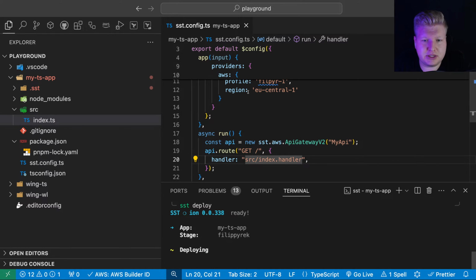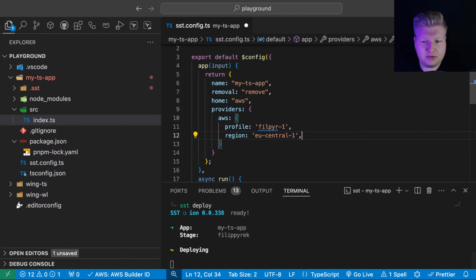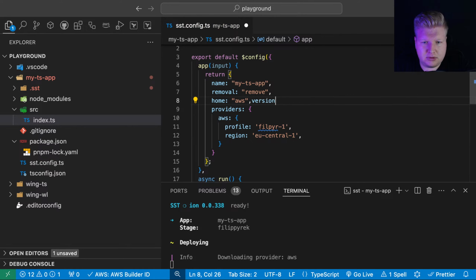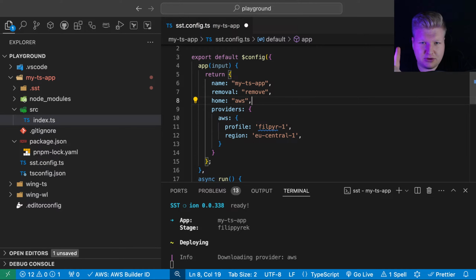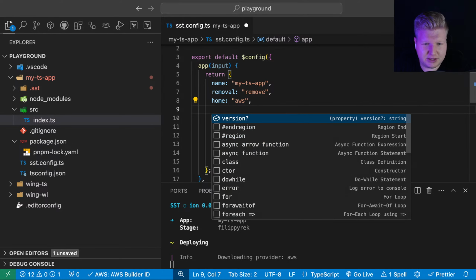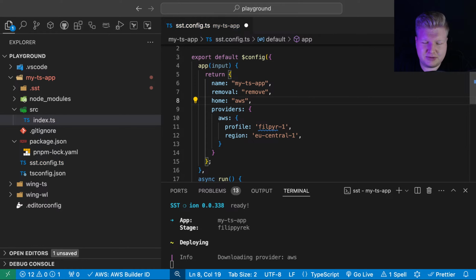Stage. There's written stage. Come on, man. How do I set stage? Okay, so that's a note for SST. How do I set stage? Like, I don't want to set stage with CLI. I want to do it in code.